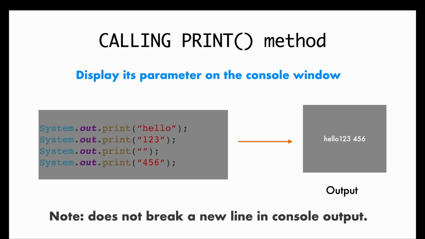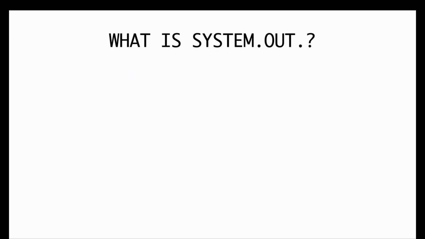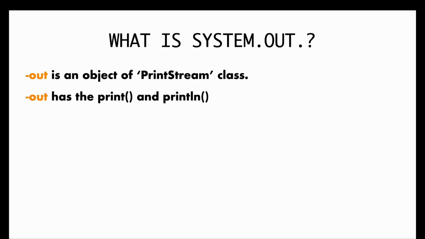So, whenever you are debugging your Java program and require printing on a new line, we will use the println method, and when we don't want to print the output on a new line, we'll use the print method. So this is how you call the print method. Now let's study the System.out class. So what is System.out? Out is an object of the PrintStream class in Java,